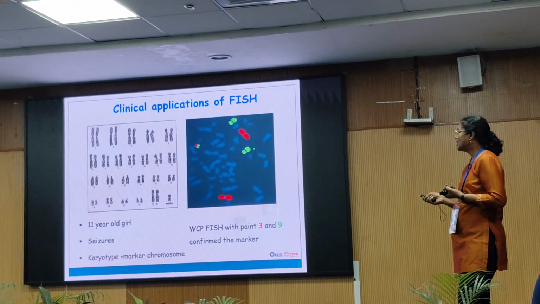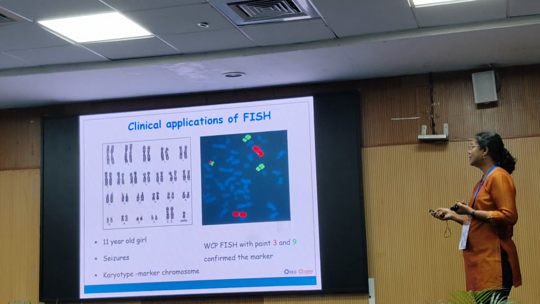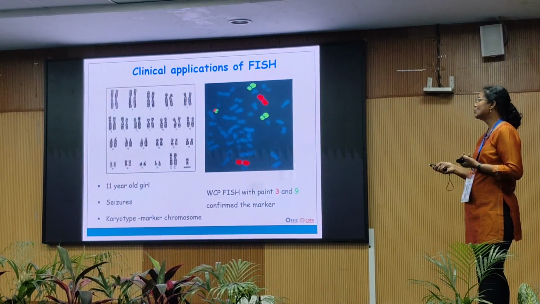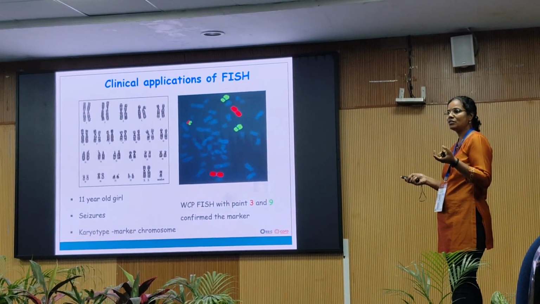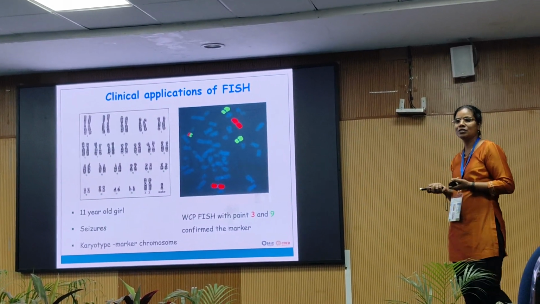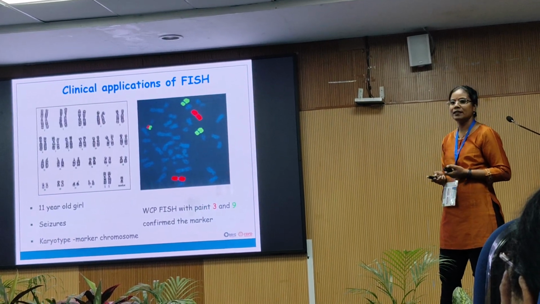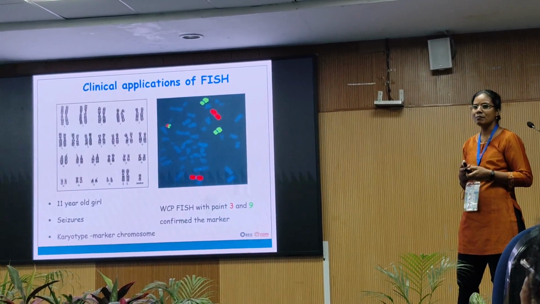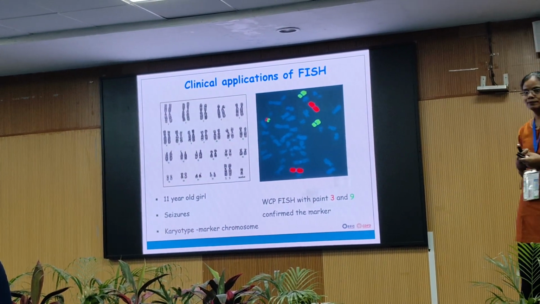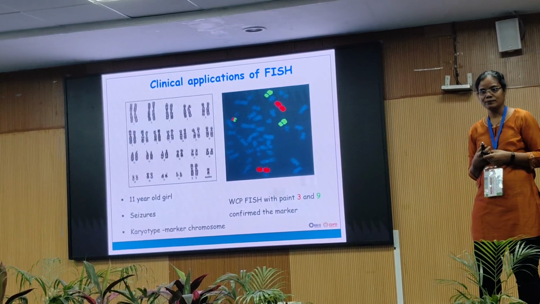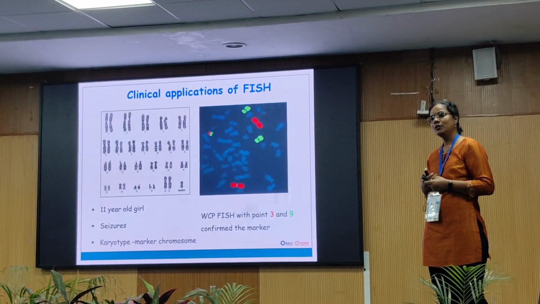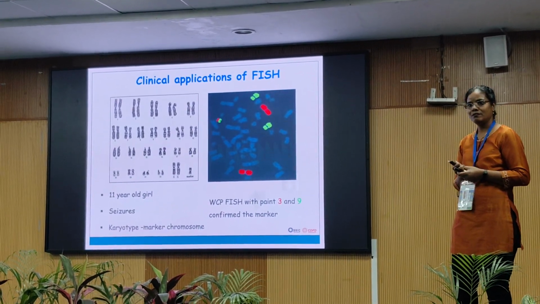Then we have done FISH, and you can see chromosome 3 is red in color and chromosome 9 is green in color. This marker chromosome has one region, P region or Q region, whatever, we do not know, in red color and the other region in green color. This is how you can identify marker chromosomes also. Otherwise, in this case, chromosomes 3 and 9 are normal, or the marker chromosome has been made from detachments from them. So there is one additional test which we have done in between.